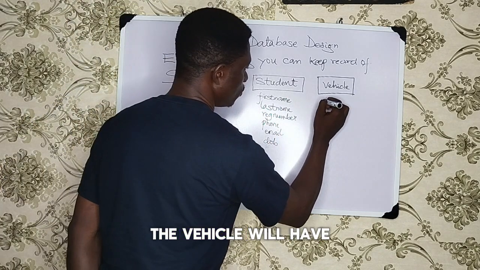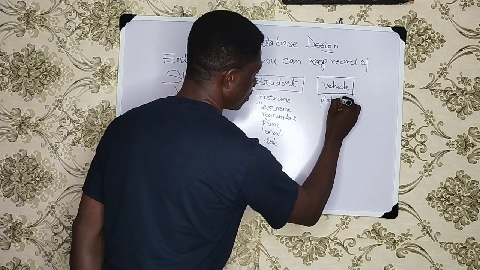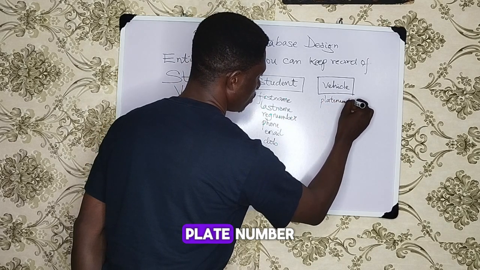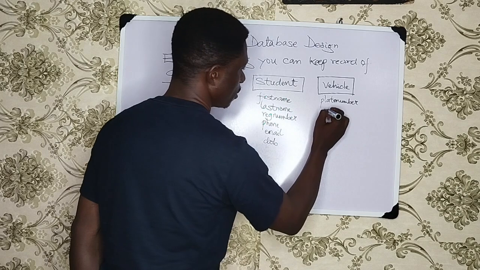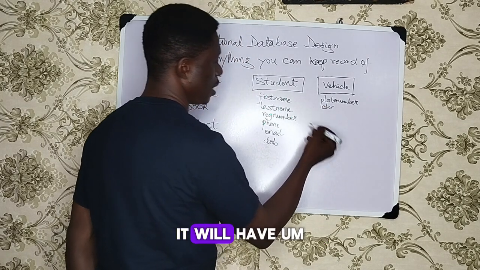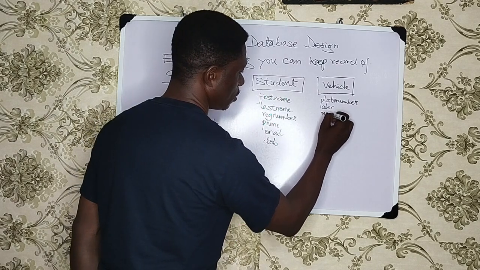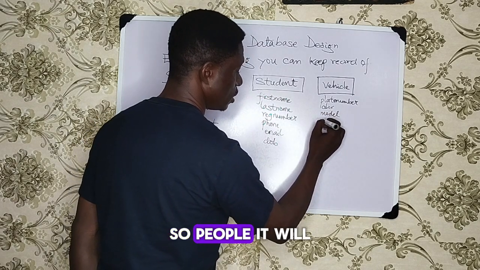A vehicle will have plate number, it will have color, it will have model. Some people, it will have make,